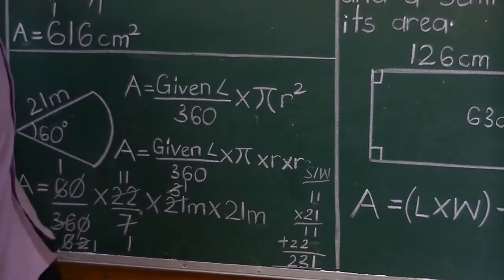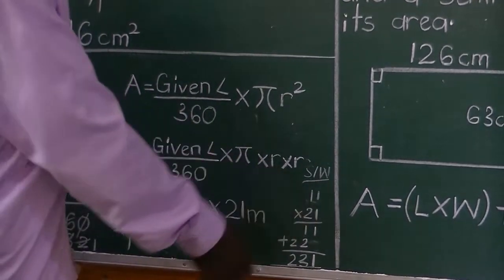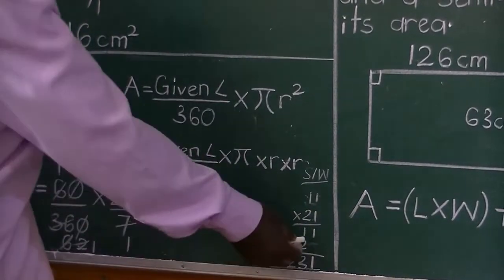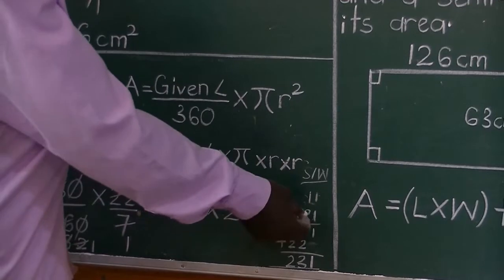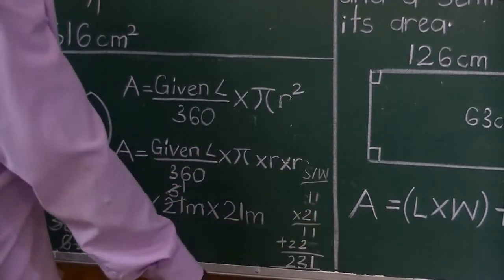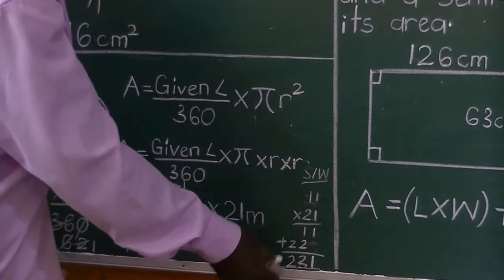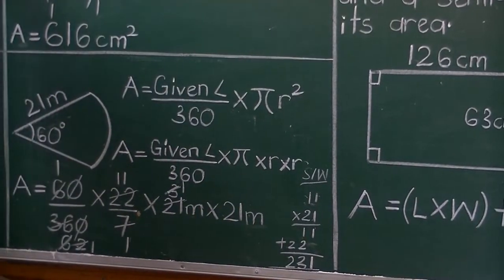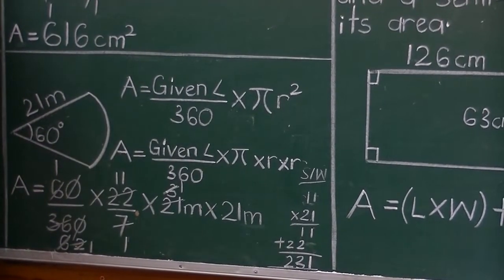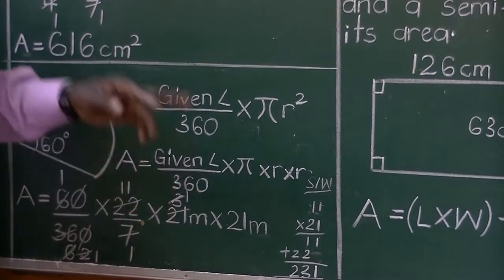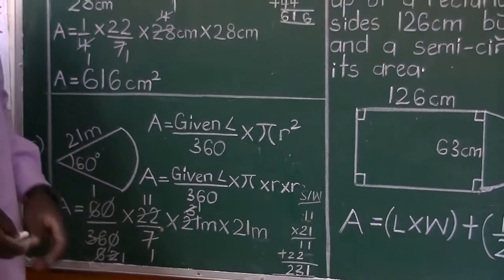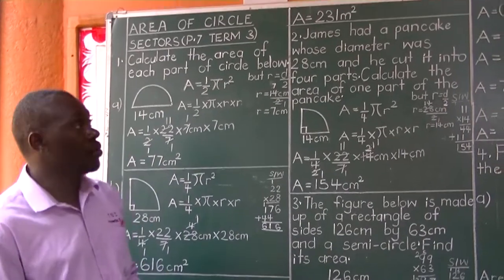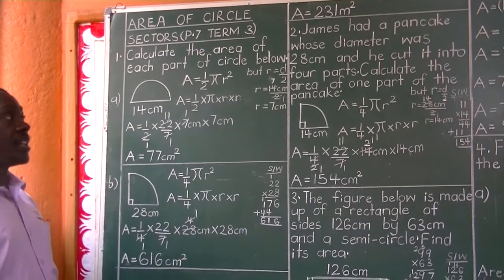Go here, side work, and multiply vertically. 11 by 21. 1 times 1 is of course 1. Another 1 times 1, you get a 1. 2 times 1 is a 2, as well as 2 times 1, you get a 2. Then add here 1. 1 plus 2 is a 3. And then 2 down. That's 11 times 21, we get 231. And these are meters, two of them. Meter times meter is meter squared. So the answer is area equals 231 square meters or meters squared.